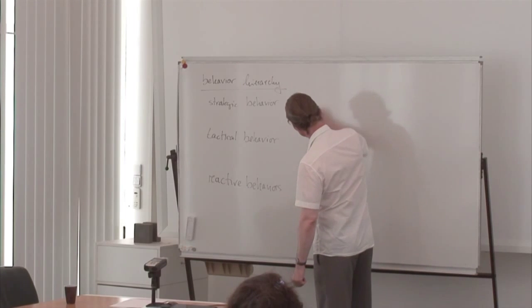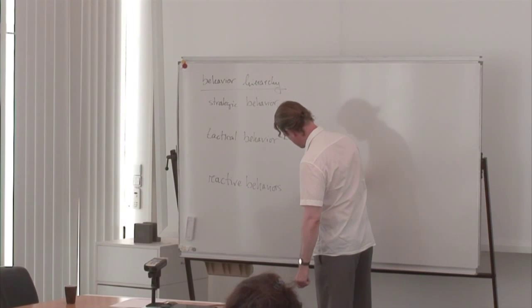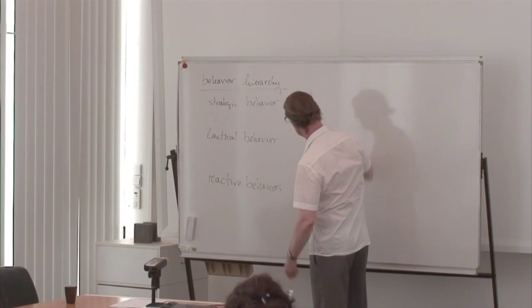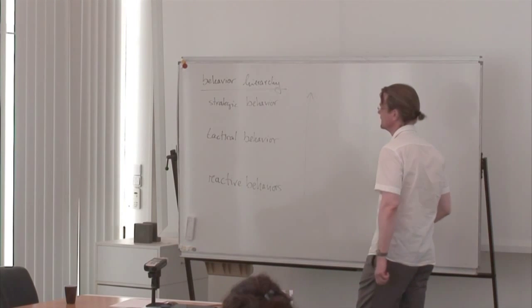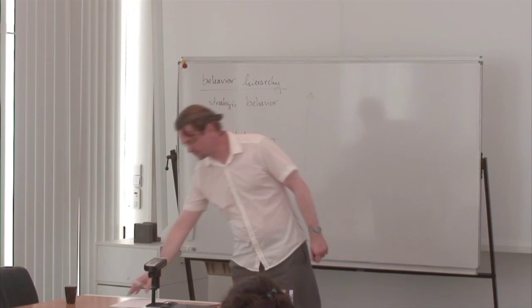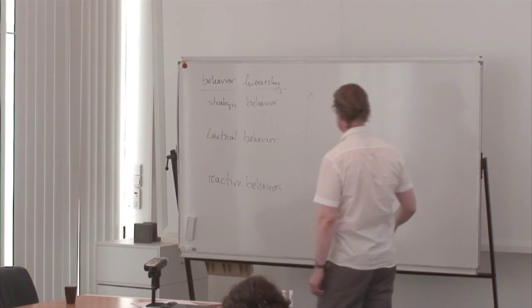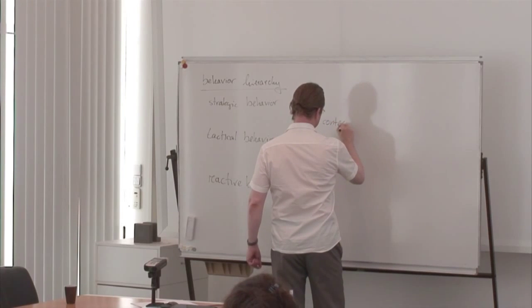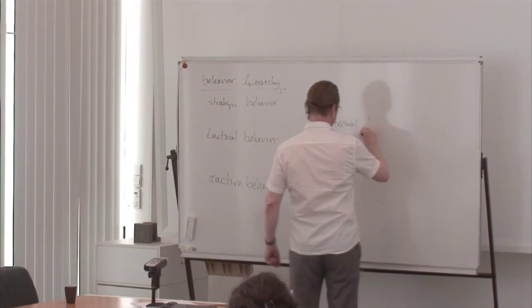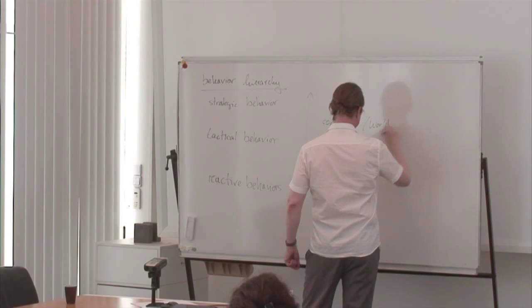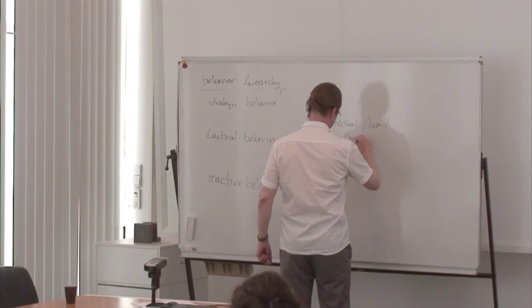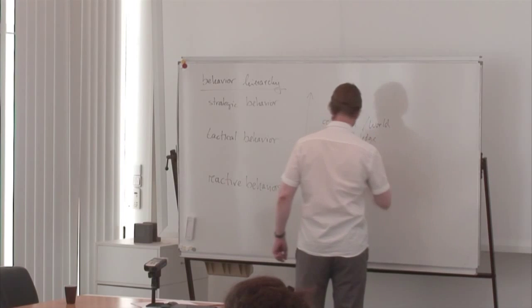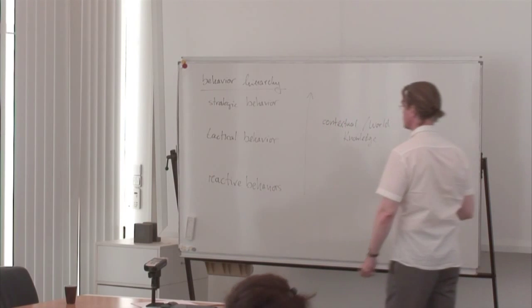So we can basically say that, let me see if this pen works, there's an arrow here, and along this arrow it requires more contextual or world knowledge,